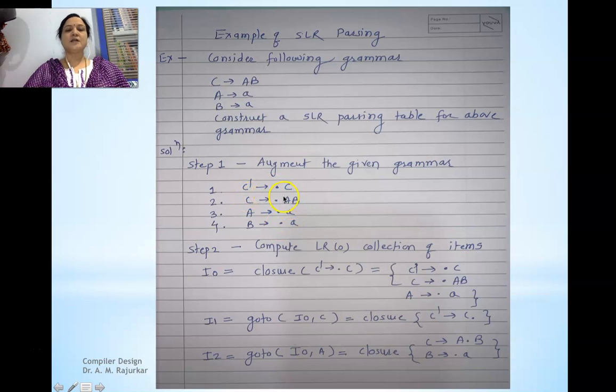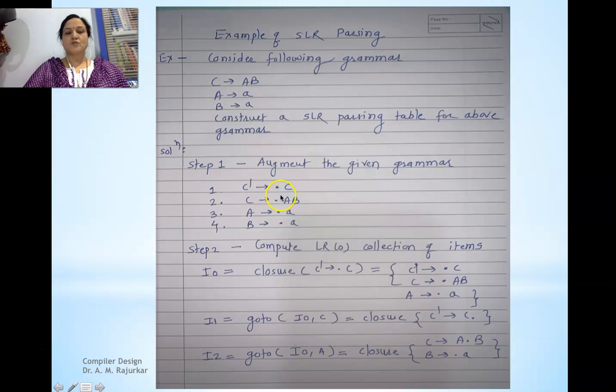Now, why add this production? Because during bottom up parsing, we reduce, and when we reach the start symbol of the grammar, we say that parsing is successful. So during reduction, we need to reduce the start symbol also, to recognize that the parser has reached the start symbol of the grammar. So to reduce C, which is the start symbol of this grammar, we need to add one production. When dot C is available on top of the stack, and we reduce it by C dash, we conclude that parsing is successful and complete, and there we should stop the parsing. This is the reason why we have to augment the given grammar. So this is the augmentation.